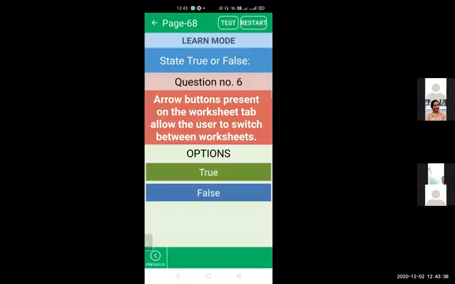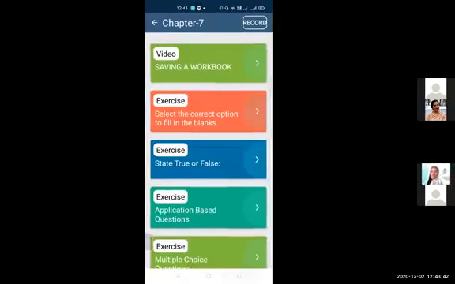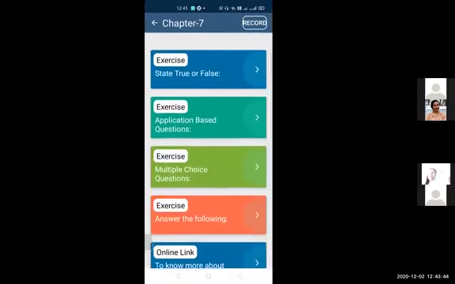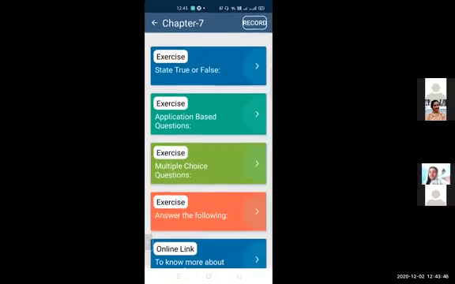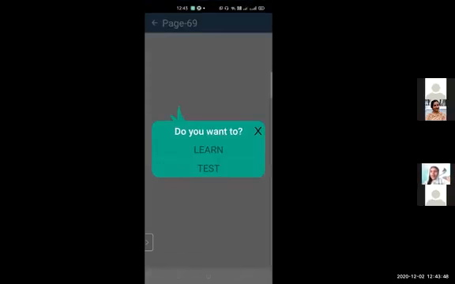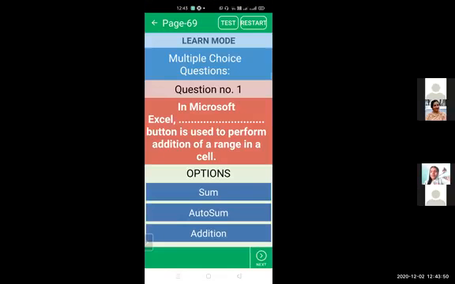All right. Next question we have application based questions. Application based questions will be sent to you in the Google Classroom. These questions will be sent to you in the Google Classroom. So you need to copy from there. All right. Now this is question number D on page number 69.